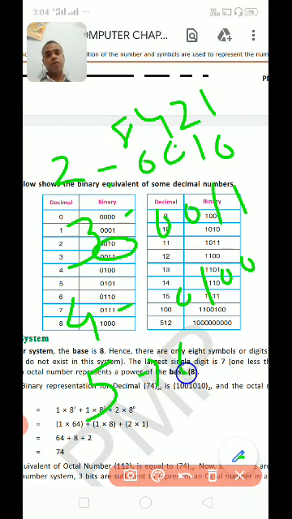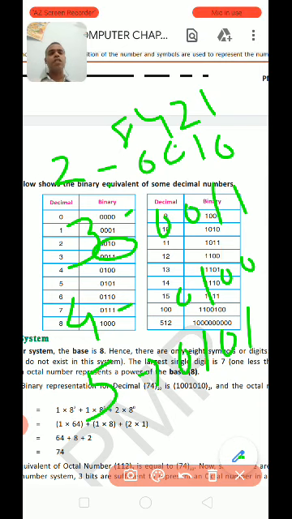So we put 0 and then 1 and then 0 and then 1. Here we see that 1, that means its value 1, 0 that means it will be negligible, and the 4th is, that is the value is 4. So यहाँ पर this one, यहाँ पे 4 + 1 is equal to 5. Okay, similarly last one is the 6.